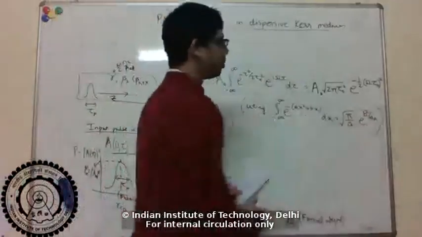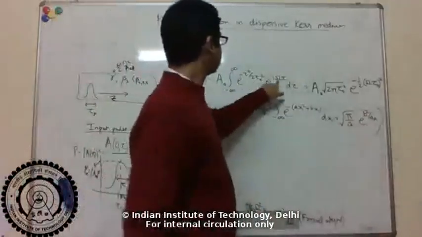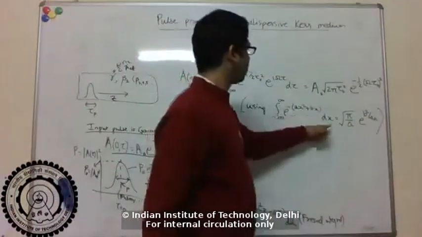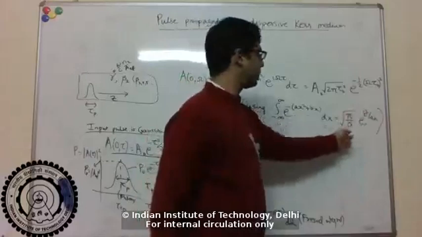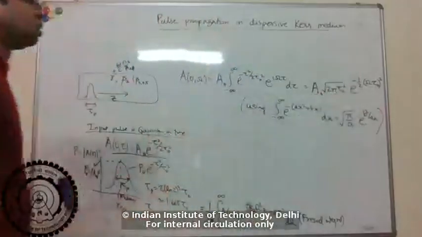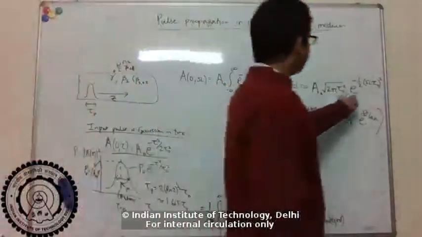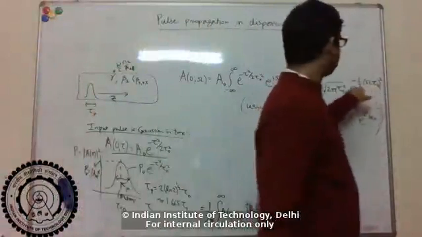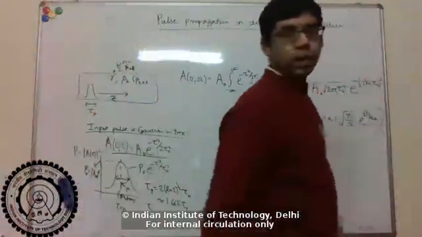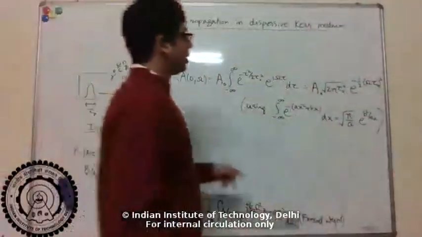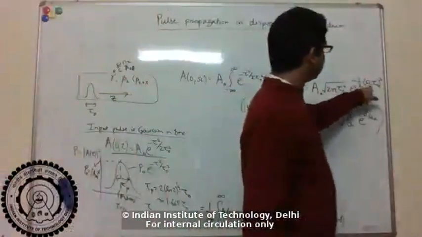So a and b here could be complex numbers, right? In this case, b is a complex number, but this formula holds for a, b complex numbers. So using this formula, we can solve this integral like that. So that gives me the spectrum. You can see that the spectrum is also Gaussian, right? It's e to the minus something omega square, and the width in the frequency domain is